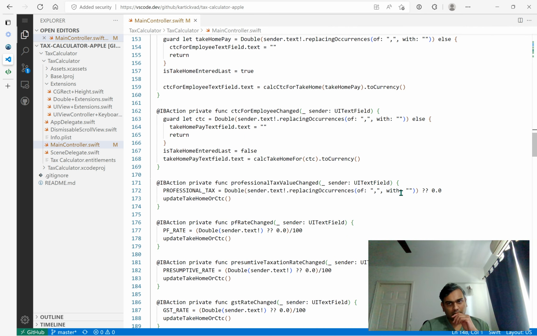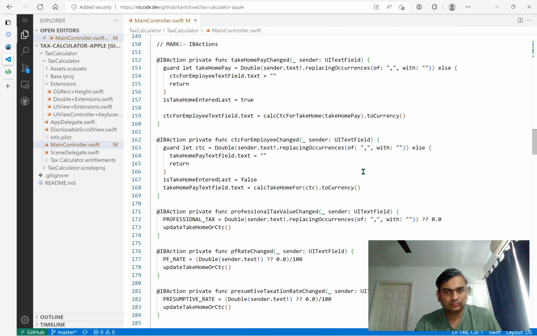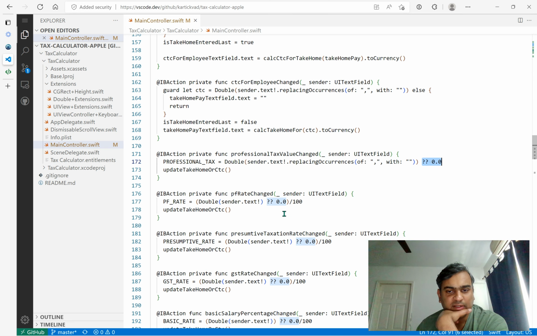So this code, there is a slight difference here, which is if the professional tax value changes to an invalid value like cat or hello, then we replace it with 0. Similarly, the SPF rate,